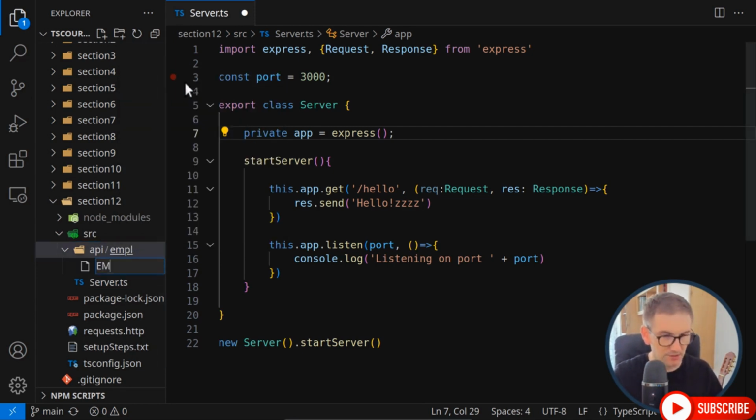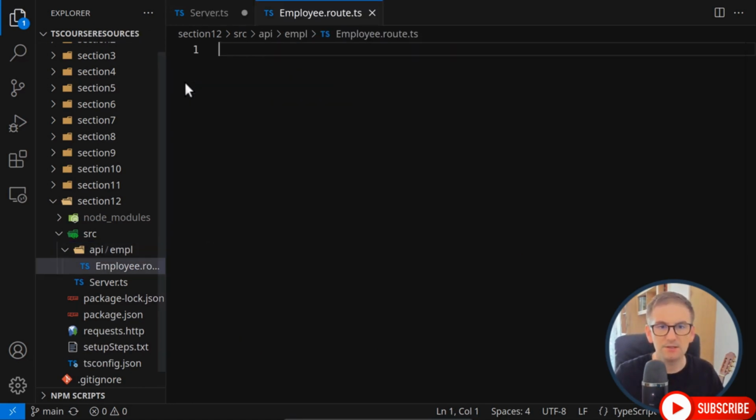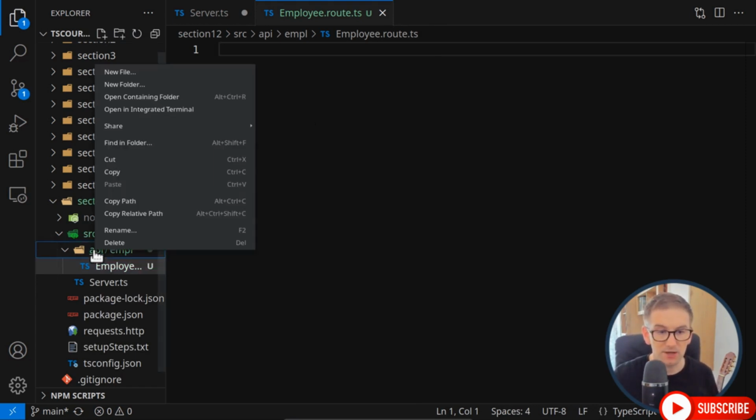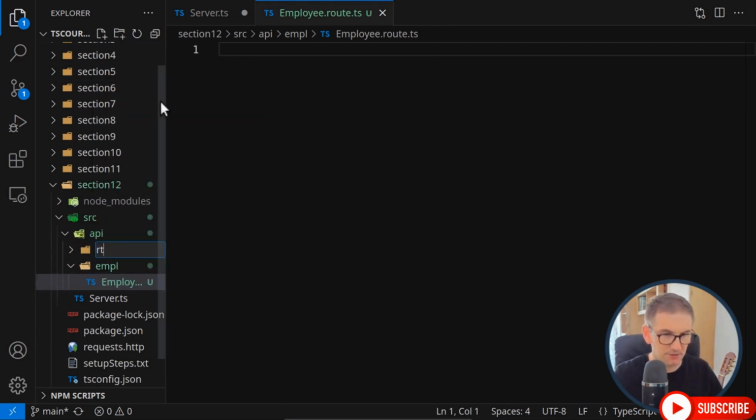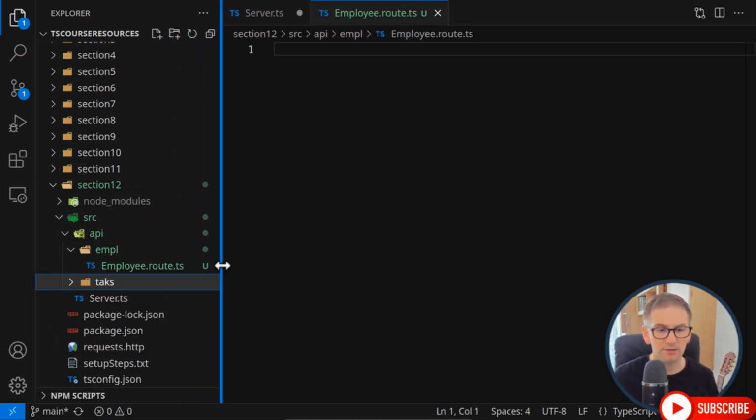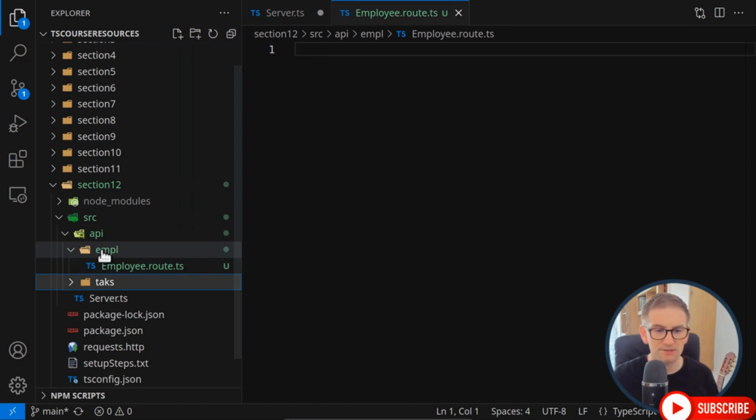So here I will say employee.route.ts. And this file will contain the routes that are handled by our employees. Maybe inside our application we will have another path, maybe with tasks. So here I'll say tasks. And now we know that everything related to tasks is inside this folder, and everything related to employees is inside